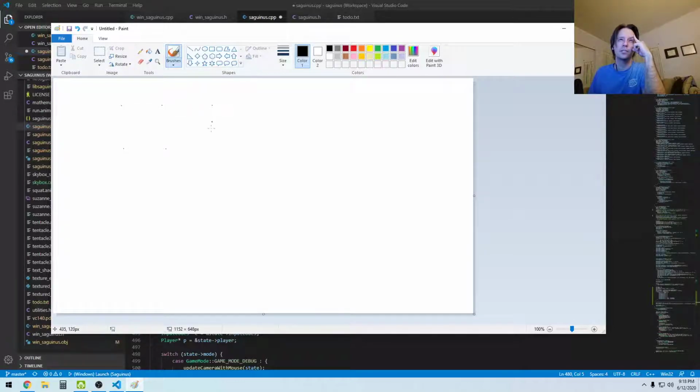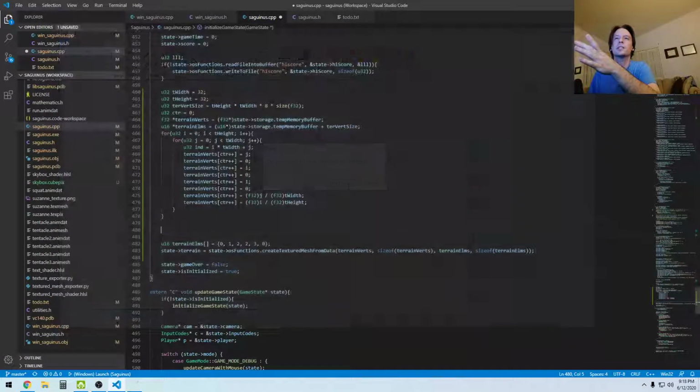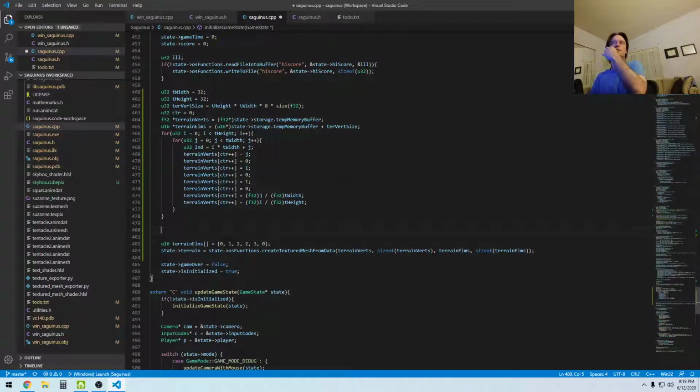So if it's 3 by 3, 1, 2, 3, 4, 5, 6, 1, 2, 3, 4, 5, 6, 12. So it's the texture's width minus 1 times 6, and the texture's height minus, wait. Yeah, okay, so I think,